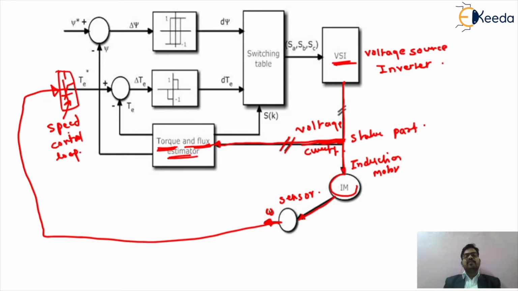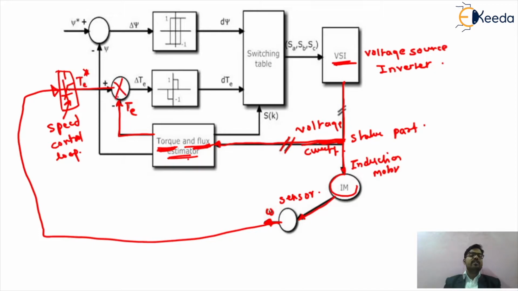So basically, while we are getting the value from the reference voltage and current, we are converting this value into the torque and flux estimator, and from that torque and flux estimator, now we are giving the input to your first quantity, which is called TE, where TE is the unit vector of that particular torque. Okay, so this will be the actual reference torque value, that is TE star, and we are giving the value from the torque and flux estimator to this summing point.